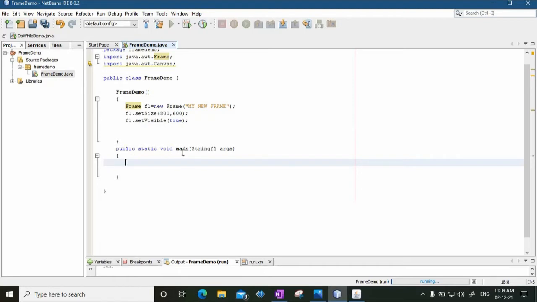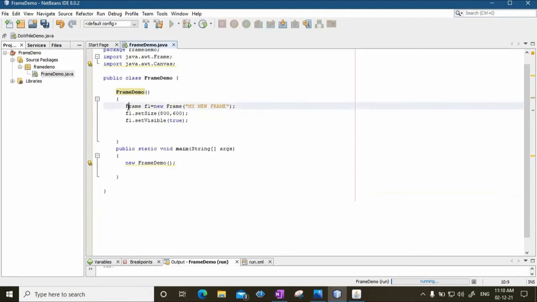In public static void main, the interpreter will start execution from the main method. So in the main method I will write only one small line: I will create a new object of FrameDemo. Now when the object is created, the constructor is automatically called.